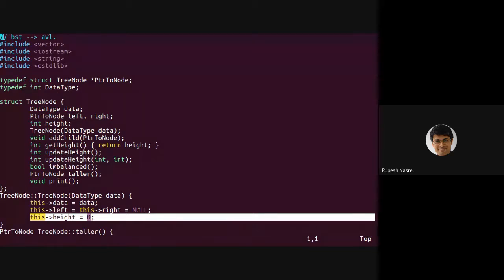The empty tree will be decided by -1 as the height, but of course there is no node in this tree. But this idea that an empty tree should be dictated by height equal to -1 should be there in your mind clearly.